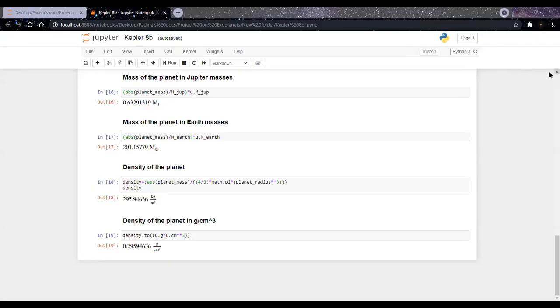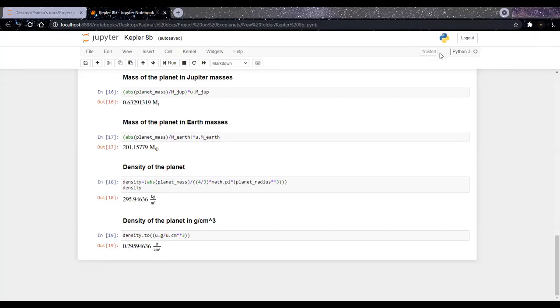The mass of the exoplanet is given by V star max multiplied by root of A into M star by G. Here, V star max is the maximum velocity of the star, and this value can be obtained from the radial velocity curve of the star. And A is the orbital radius of the exoplanet, M star the mass of the star, and G is the universal gravitational constant. Plugging in these values gives the mass of the exoplanet as 1.2 into 10 power 27 kilogram, which is 0.63 times the mass of Jupiter and 200 times the mass of Earth.